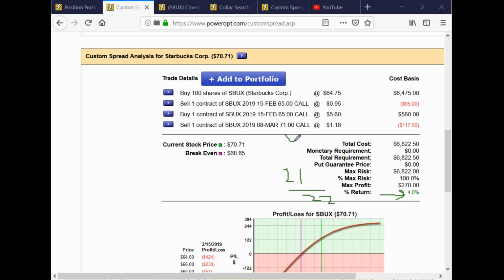If it had moved up to 80 and it would have cost me so much to roll the position, and rolling up to the 80 call only gave me a 1.5% return, for example, increase from what I have now, I wouldn't do it. I would just take assignment on the first position, make my 1.9%, and then decide, do I want a different position? Do I want to trade Starbucks again? I probably wouldn't. I wouldn't go back in necessarily, buy it at 80 and sell it,